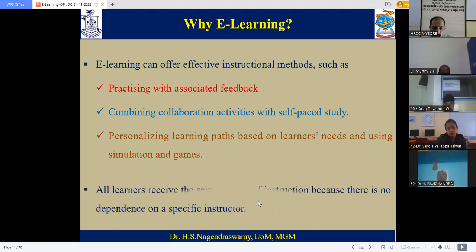Okay, so that's how all learners receive the same quality of instruction, because there is no dependence on a specific instructor, right? So there is a material, anybody can access that material, and you can learn depending upon your interest, and you can use that material any number of times until and unless you are very confident with that particular concept and also the content, right? So that's how with e-learning we can provide all these things to the